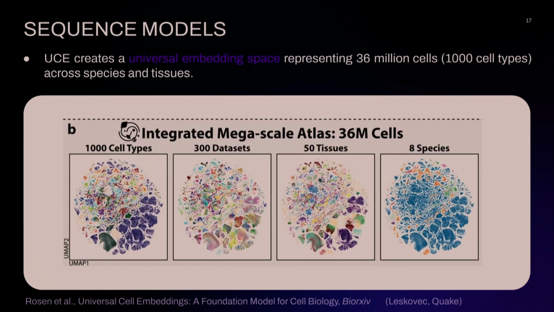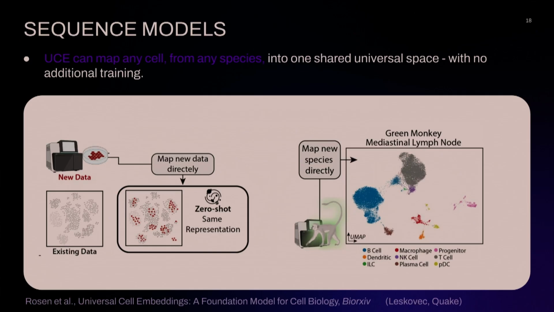And they actually, as part of this work, assembled a lot of public single-cell sequencing data sets, 300 different data sets, capturing 50 tissues, that's the majority of the tissues in the human body, from 8 species, and in total mapped 1,000 different cell types. So it's the first time they were able to bring all of this into a joint embedding space using this model. And what is also very nice is that UCE can map any cell from any species into this shared